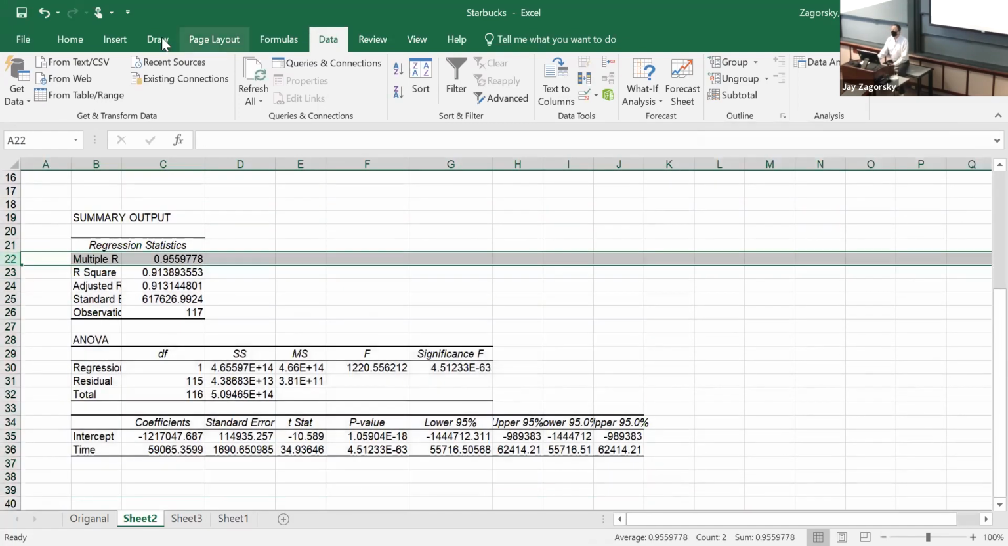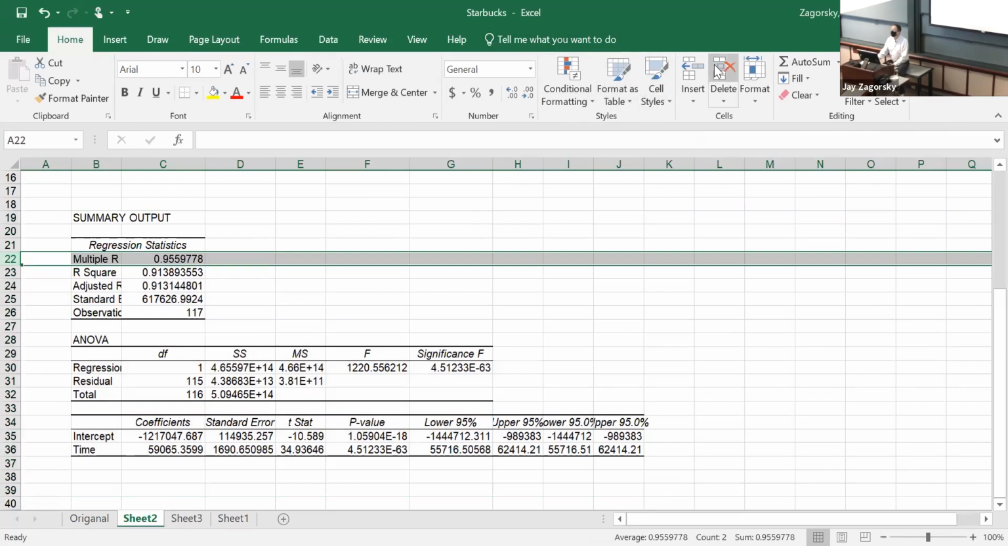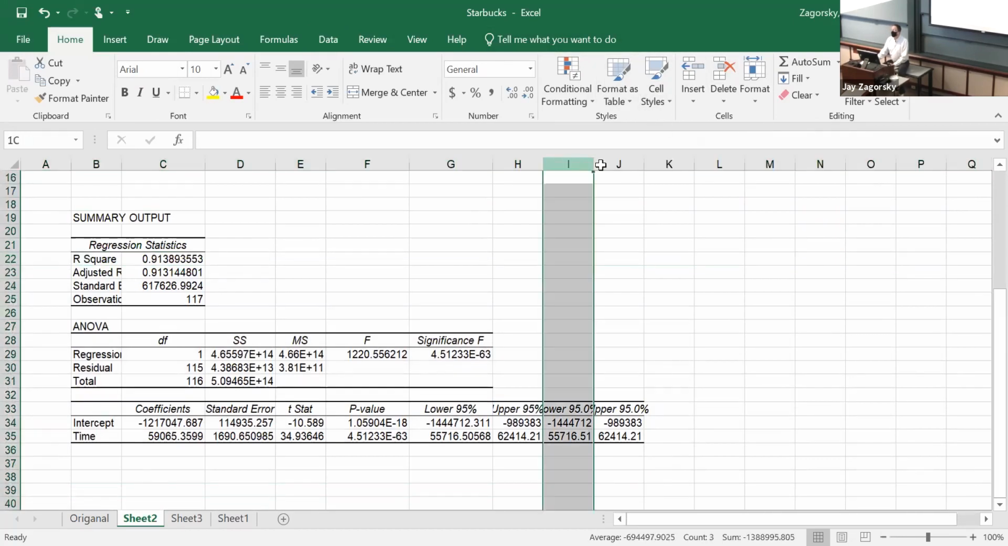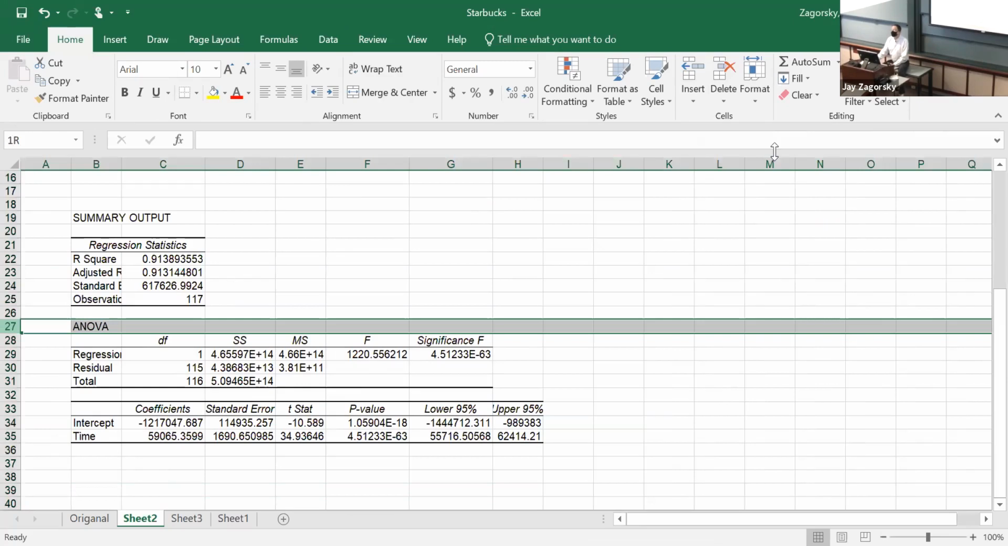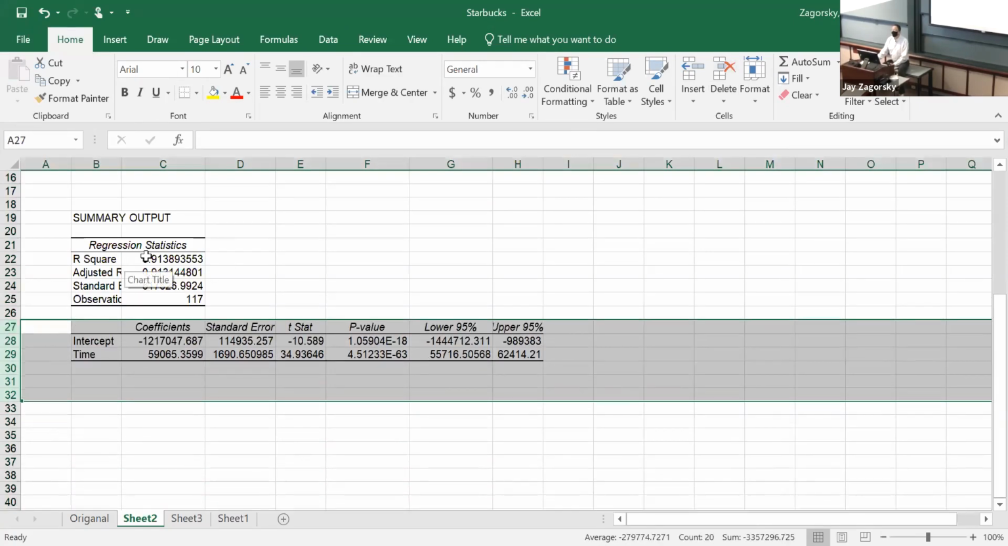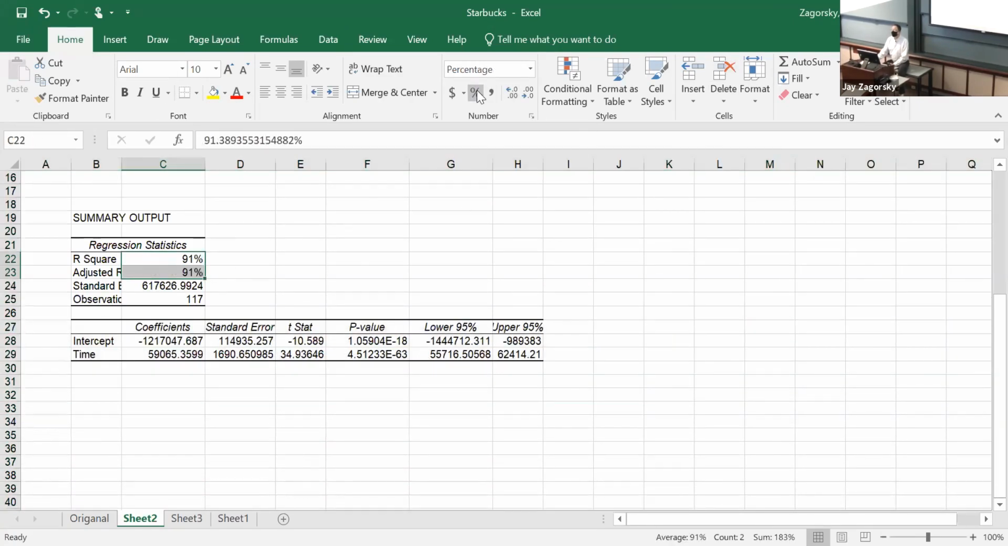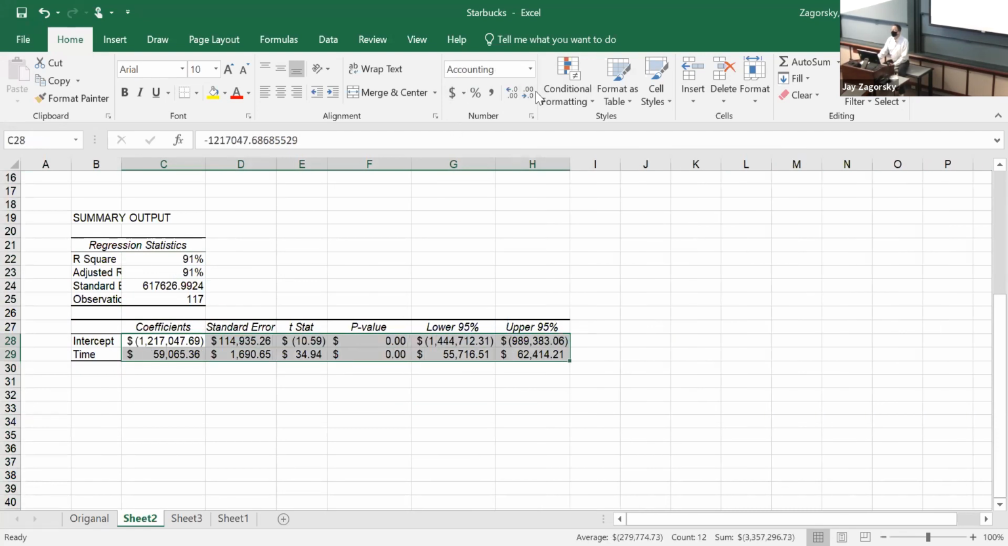Clean things up. We don't need multiple R square. We don't need the upper and lower 95% repeated. The ANOVA is not useful in this particular regression. R squared and adjusted R squared become percentages. You can format all this as money without pennies. And the T-stats become